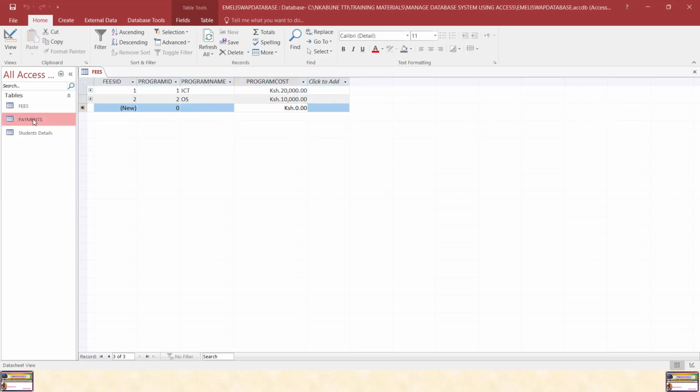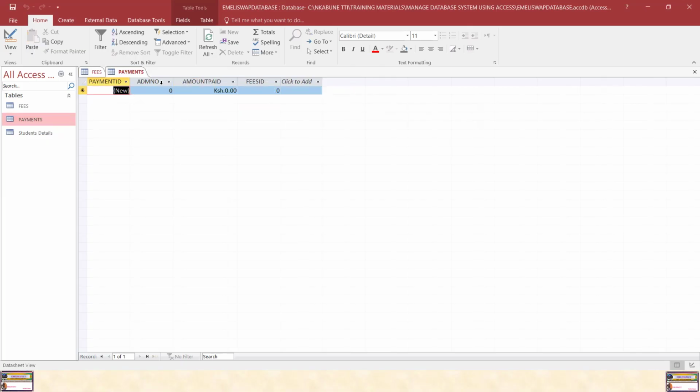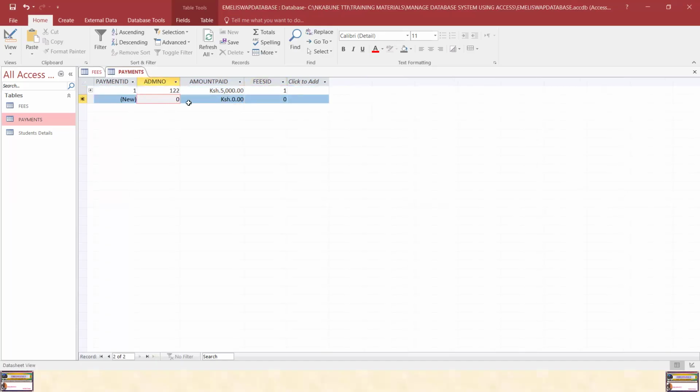So let's go to the payments table. In the payments table, let the payment ID remain. Then admission number, you can type, like admission number 122. Amount paid, let's have, for example, 5,000. A fees ID, let it be 1. Then we can have another admission number, 130. Amount paid, maybe